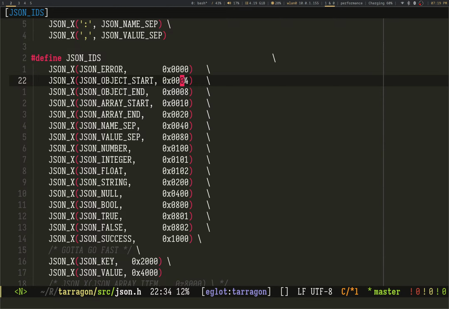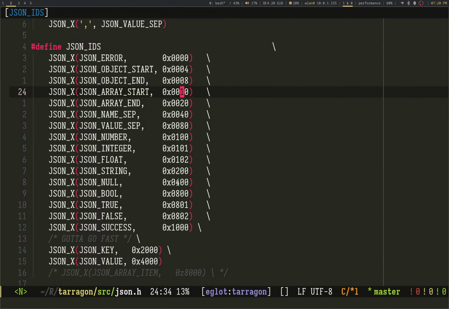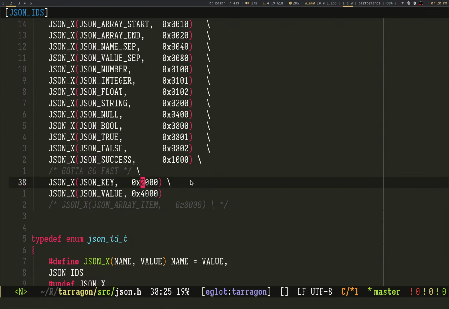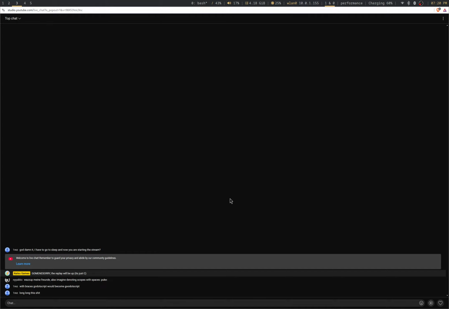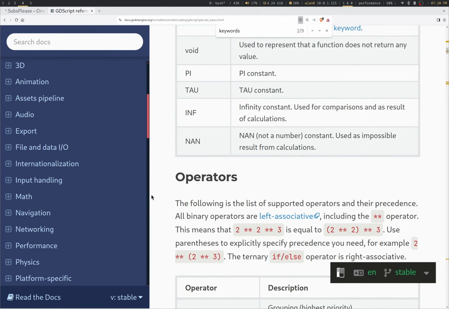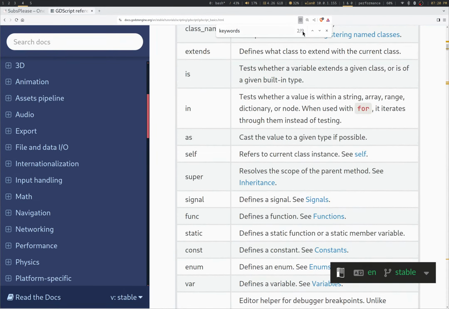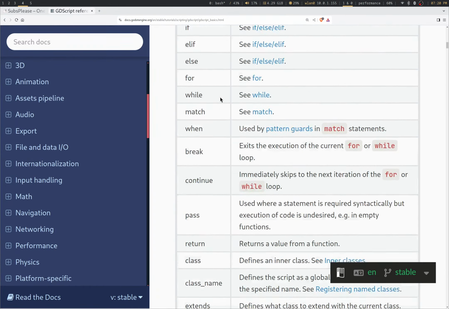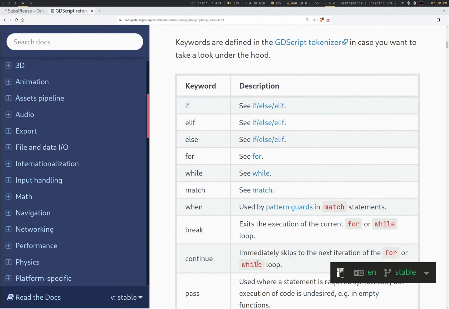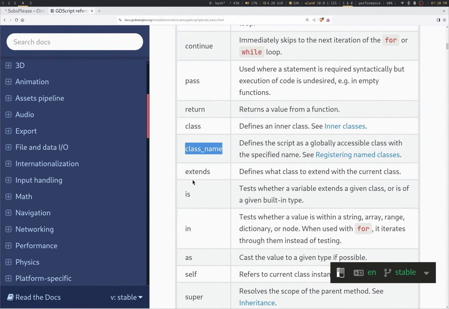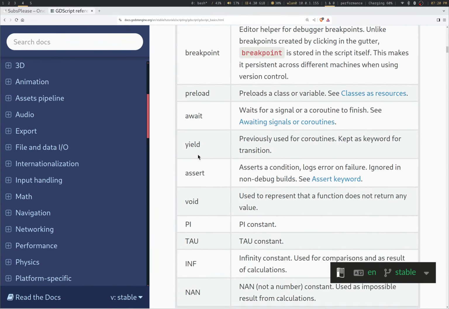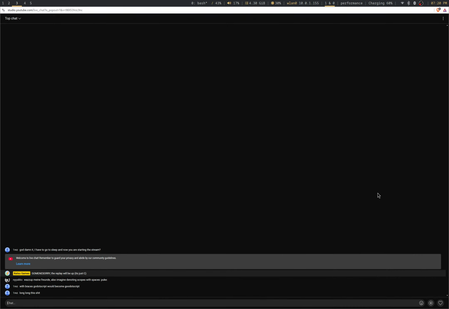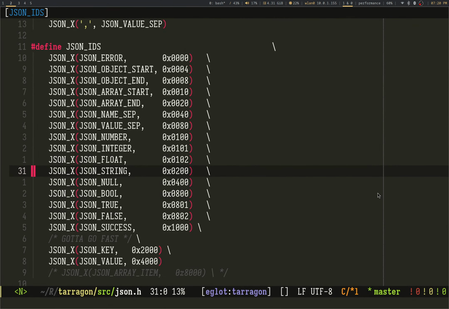And the plan, as you can see, was using bit masks, because you know I got game dev brain rot, so I was like, oh yeah, I'll just use bit masks. Except, looking at how long this is, there's too many keywords in GDScript. Added another thing to my complaint about GDScript. It's actually not that simple when you think about it. Look at this, you got extends, is, in, as, self. There's too much. But that's what it is, so I'm just gonna deal with it. And so I'll go back.